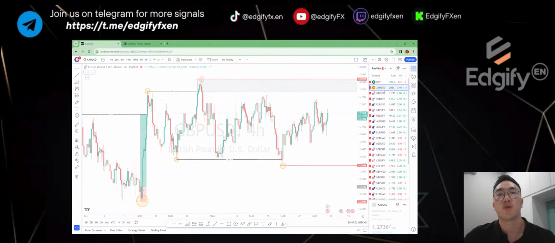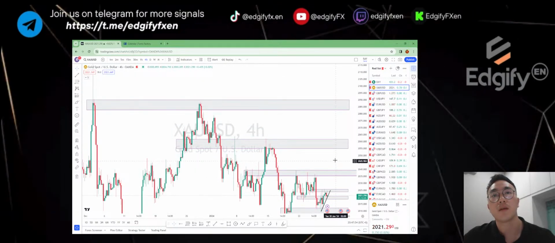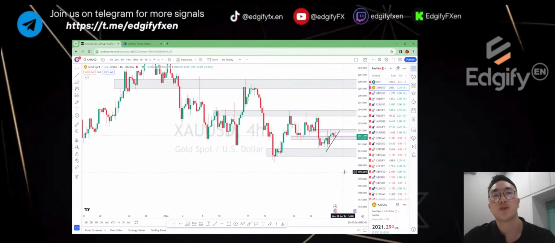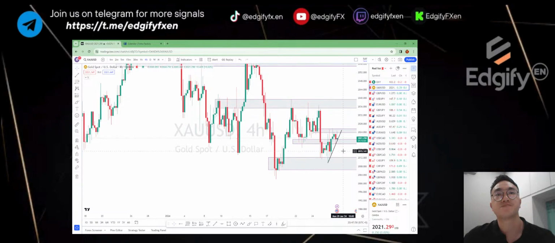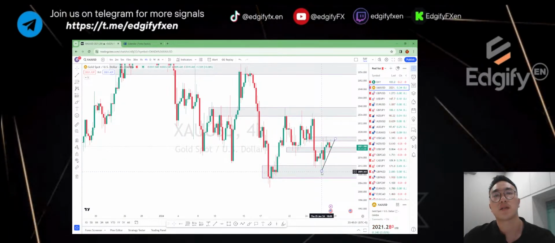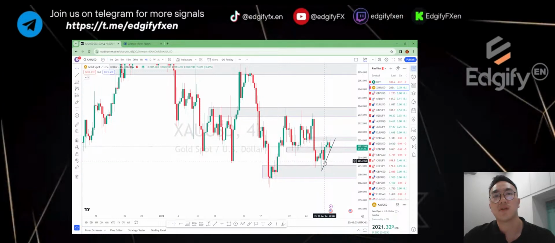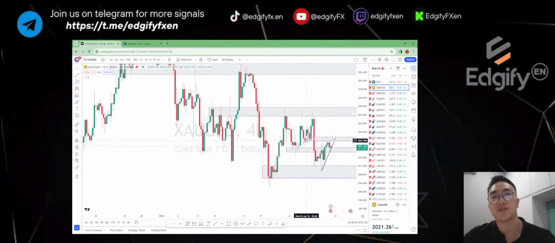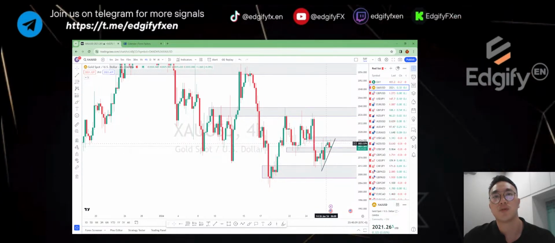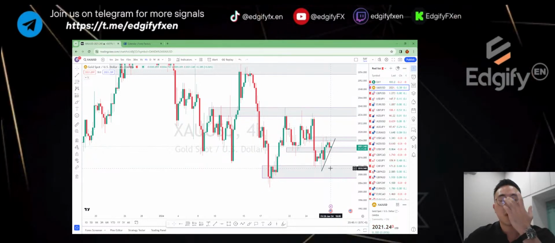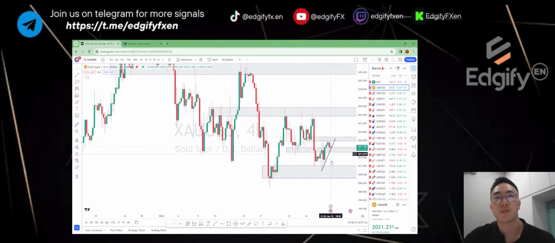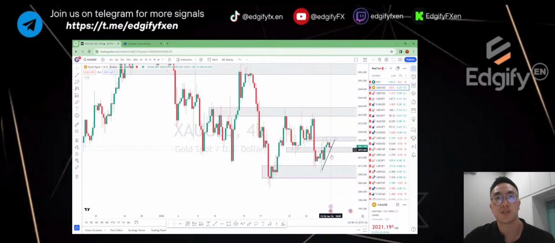So for gold, I'm currently not in any trade for gold. I've marked this trend line, so the price is currently still respecting this trend line, and it's still respecting the resistance zone. So for now, for gold, I'm not going to get into any trade first because the price might just go down or